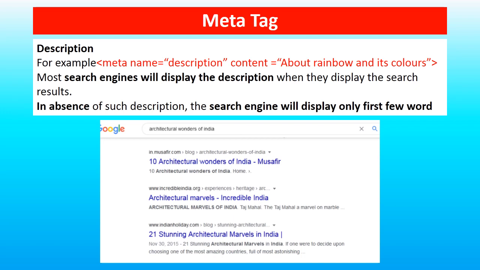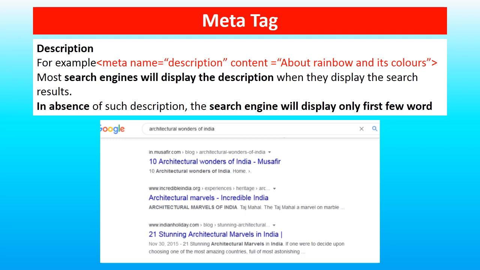See, another example I have given here is, in the Google search I have typed architectural wonders of Gujarat. Then the information of architectural wonders of Gujarat will not be present only in one website. It will be present in so many websites. So when I type this word, the Google search engine will fetch the information from all these websites, and it displays me the results this way.